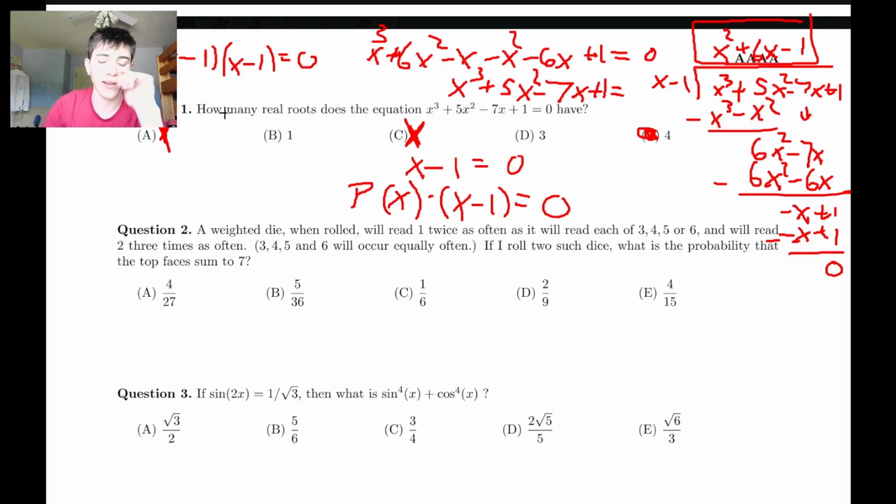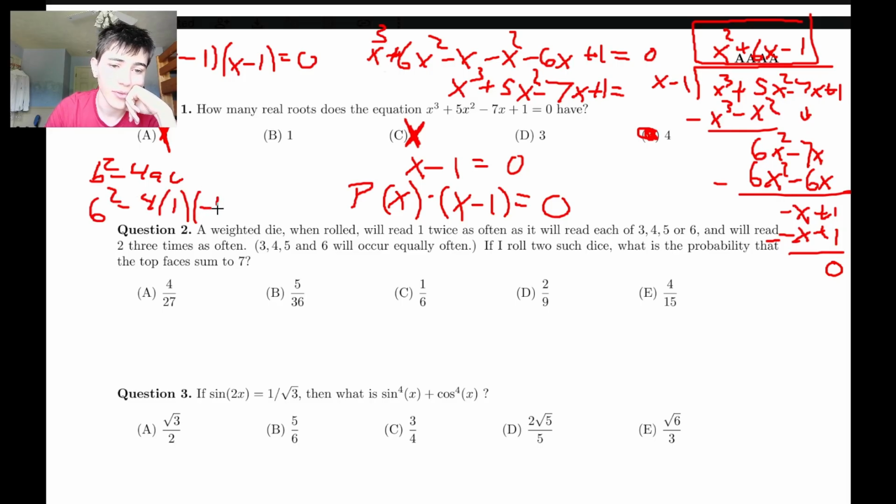Let's just remember the fact that if the discriminant is greater than or equal to 0, then we have real roots. So b squared minus 4ac. If we look here, b is going to be 6, and a is going to be 1, and c is going to be negative 1. So we have 6 squared minus 4 times 1 times negative 1, which is 40,